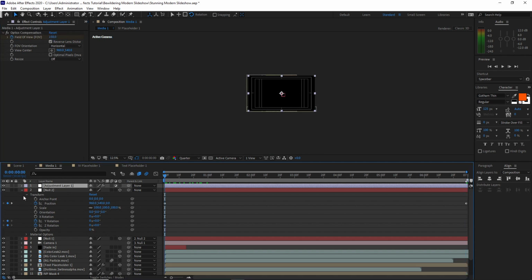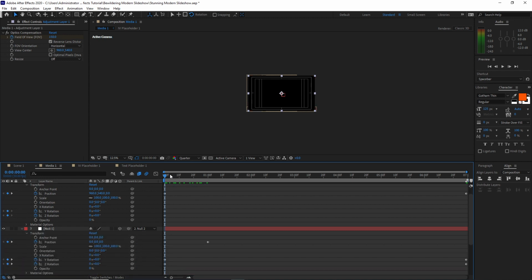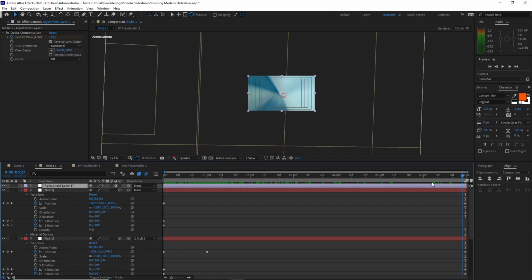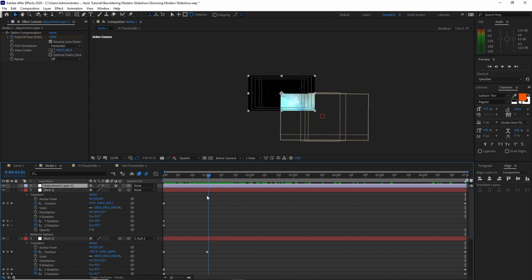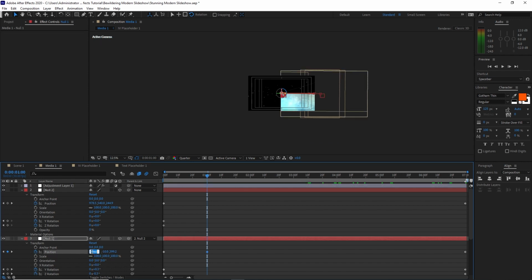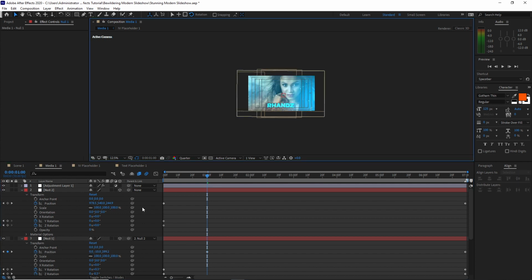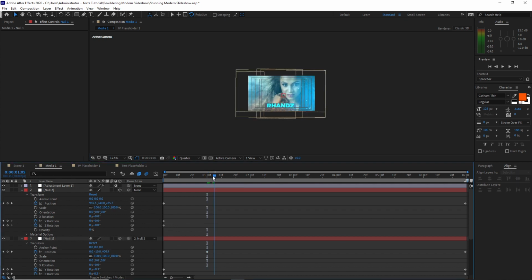And go back to null object 1 and see if the position is right. Move your playhead back to this keyframe and check the position if it's okay. Nope, we have to change this to negative 10.1. And this 960 here, negative, change it to 0. There you go. If we will scrub our playhead,